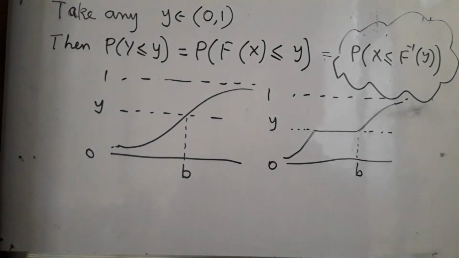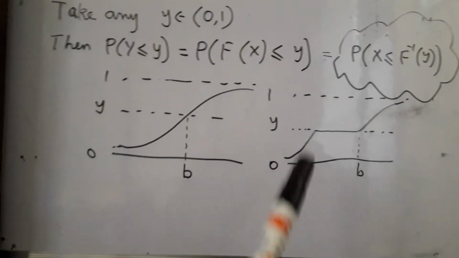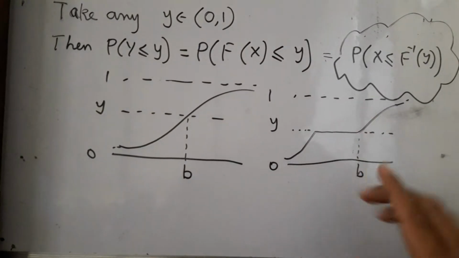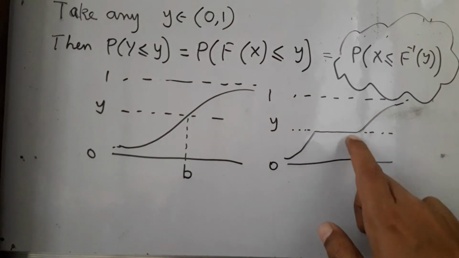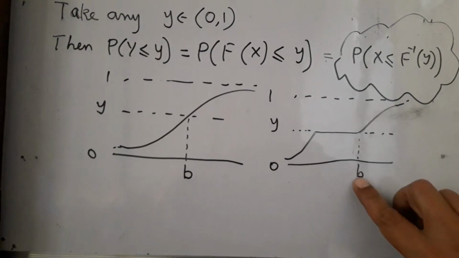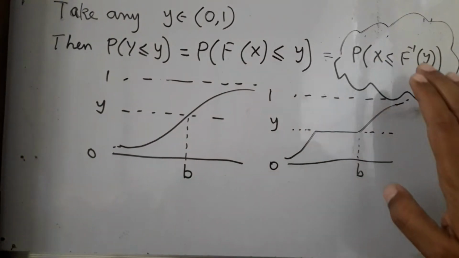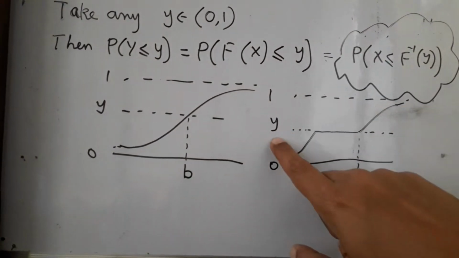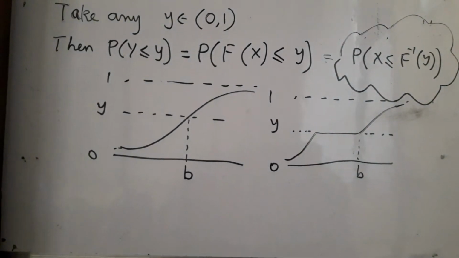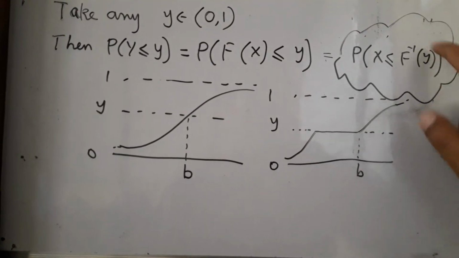point, because your aim is to make the statement that F(x) less than or equal to y means x less than or equal to something. So you will take the very rightmost point up to which F(x) will continue to be less than or equal to y. So our aim is to find the rightmost point b such that F(x) is below y, I mean less than or equal to y. That motivates a rather technical definition to replace this F inverse y.